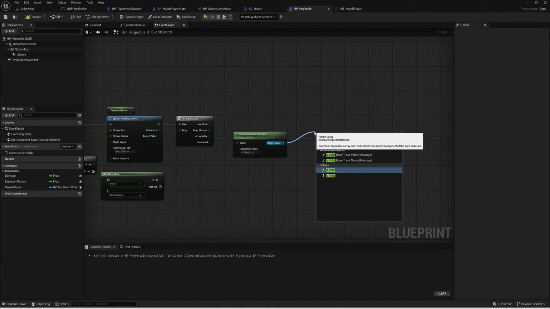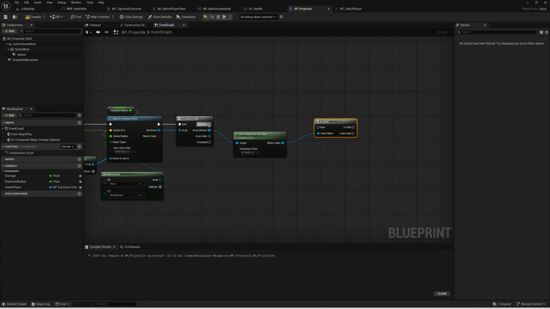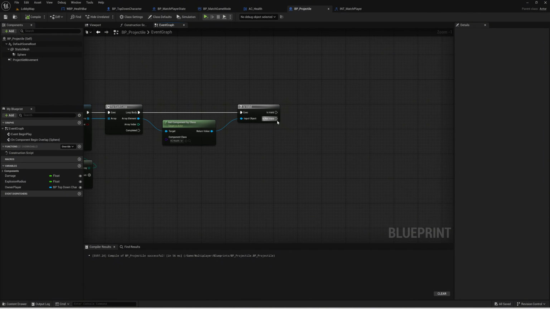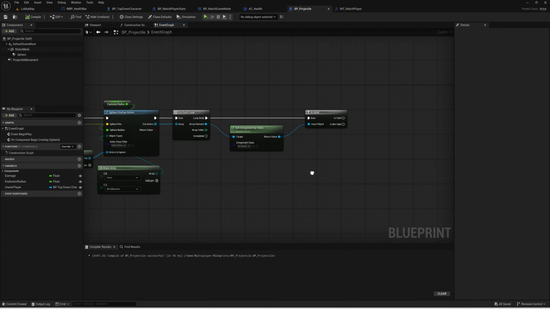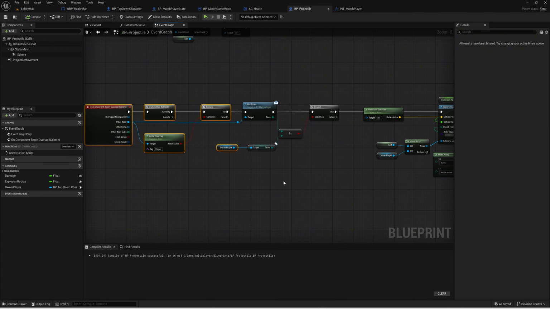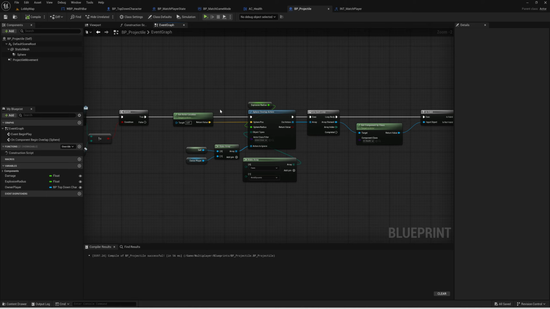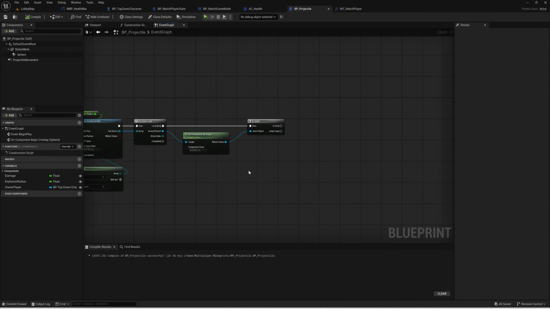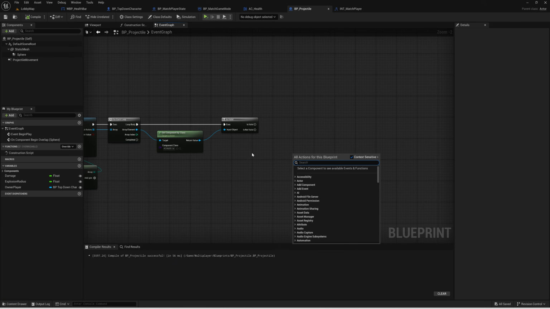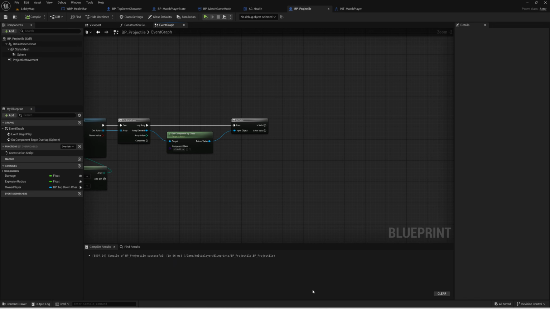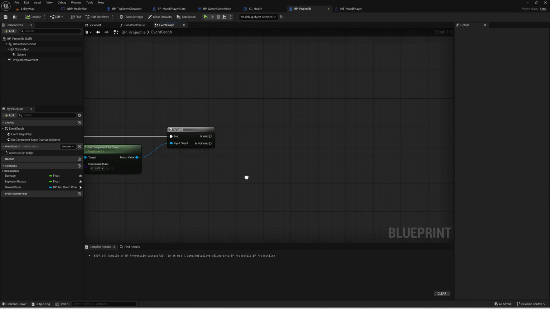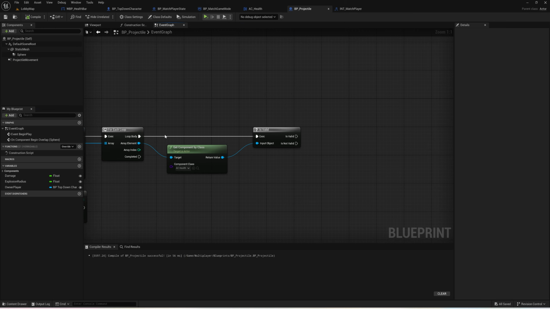And we can check with an is valid if it does. If this returns valid, it means the thing we've just hit has the AC health component implemented. If this returns not valid, it means the thing we've hit does not have that implemented. So even though it's a player and it is a pawn, it hasn't got the AC health, so we're going to do nothing because we can't really do anything. But if it has this implemented, we are again going to check that it doesn't have the same team